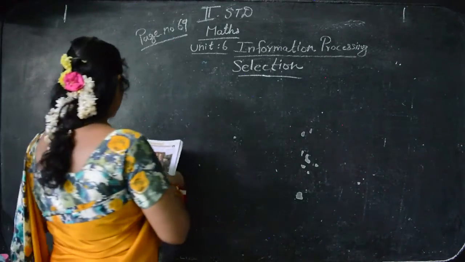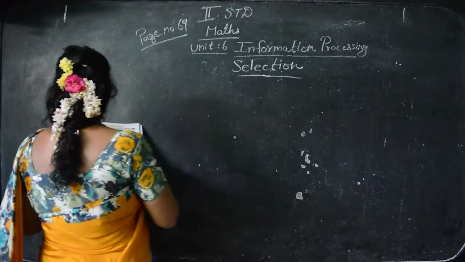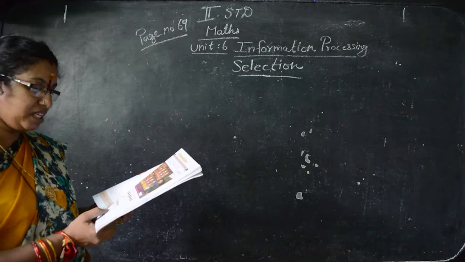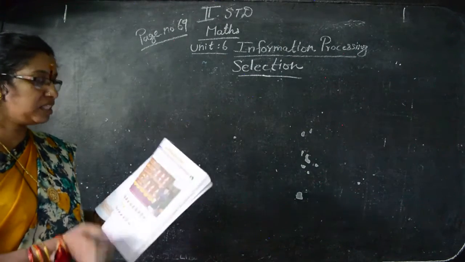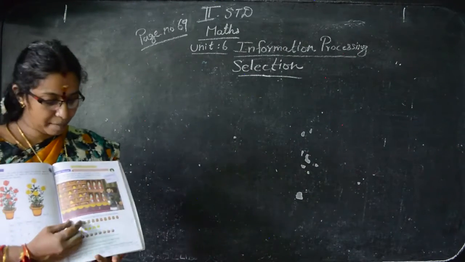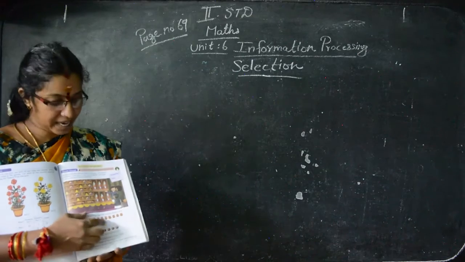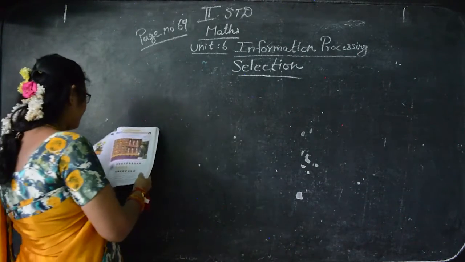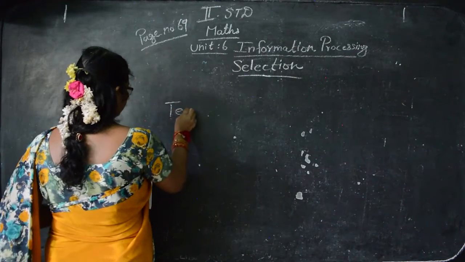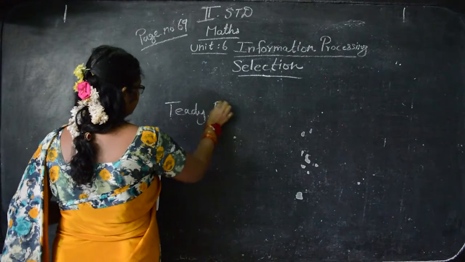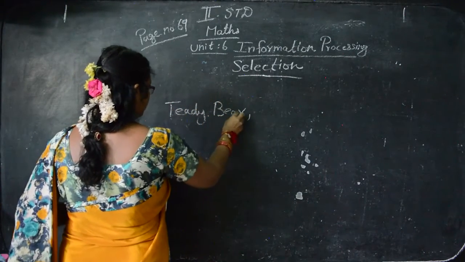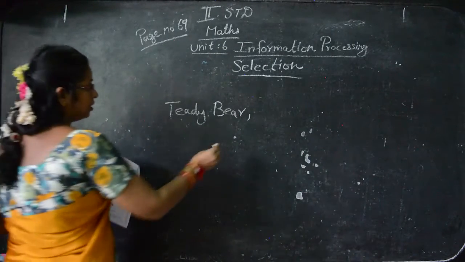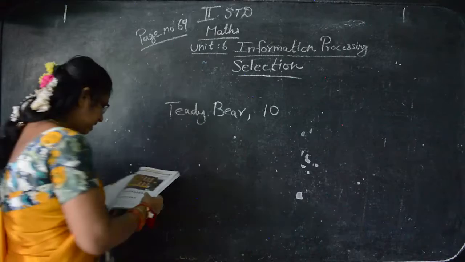See here, toys are given here. How many toys? Teddy bear, see, speak out. Which toy is the most in number? How many is that item? See here, which toy is in more number? Teddy bear. Okay, write your answer. The question is there, no, you write on the side itself, teddy bear. And how many items? 10. So write on the question side 10.